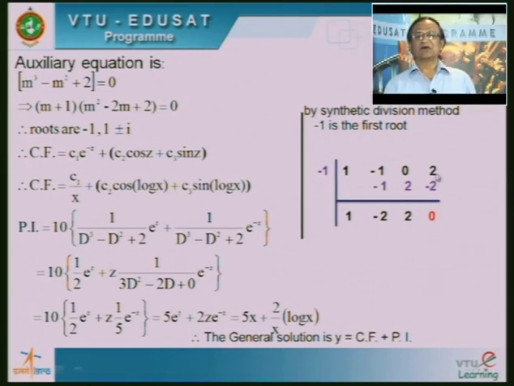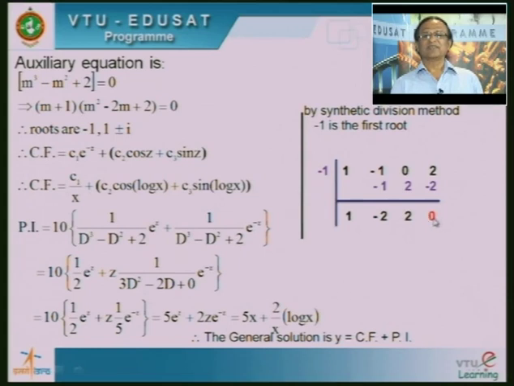It means in the last column, when we add these two numbers, you must get 0. Suppose I don't get 0, then I should come to know that somewhere I made a mistake while preparing or while using synthetic division. That is the trick. Is it clear? Always you must get 0. Otherwise, if you don't get 0, then I cannot find the correct roots. That is why you must be careful while using synthetic division.